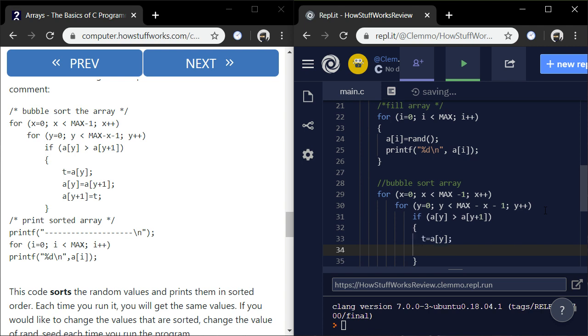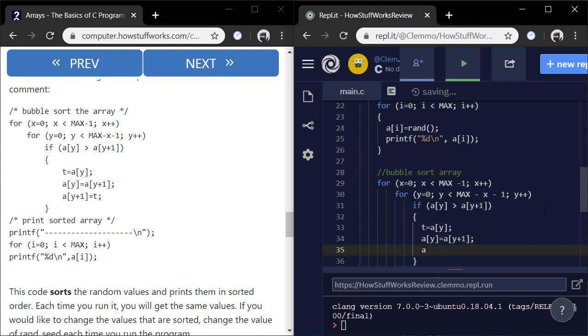And then A index y will be set equal to A index y plus 1. And then A index y plus 1 we set equal to t. So cyclical.